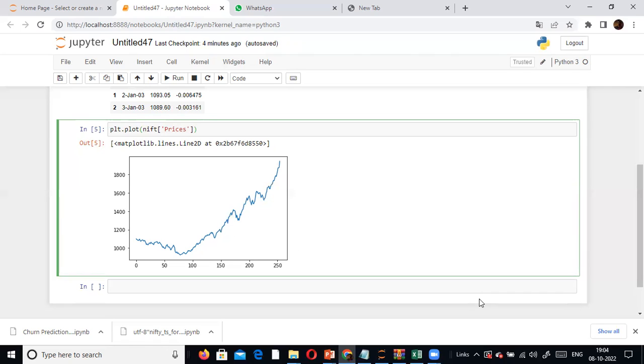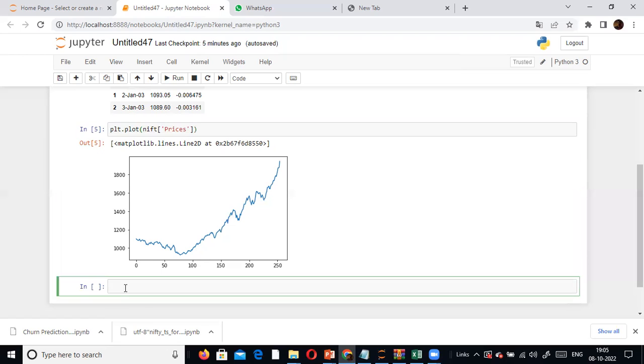Just by visually looking at the data, we get to know that it requires some kind of treatment, because it is non-stationary data. What is stationary? The mean and variance are supposed to be constant. Now, instead of going by the visual,